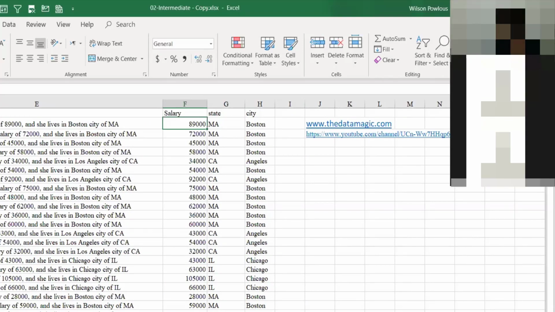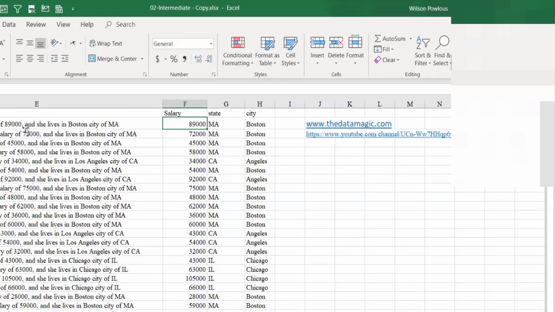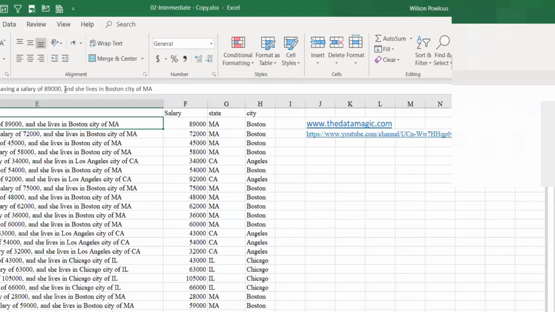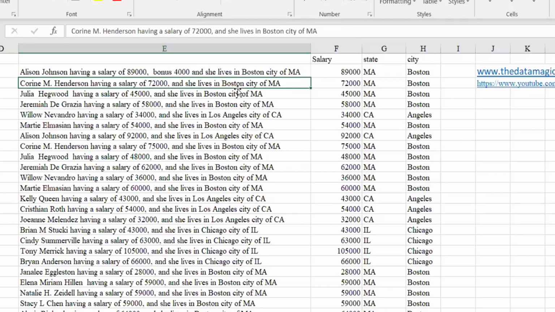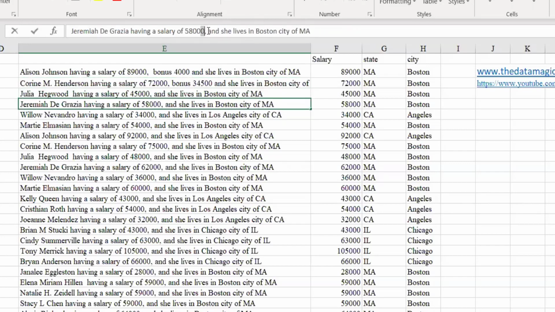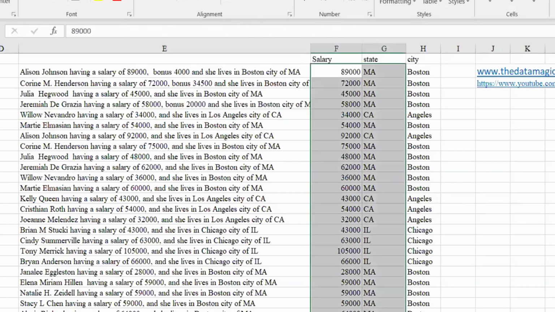We'll still have one question. It's a pretty obvious question: what if you have 2 numbers in a single line? Okay, I'll just put something like 89,000 bonus 40,000, something like that. That means here you have 2 numbers, right? 89,000 and 40,000. And similarly here also I'll say bonus, say 35, whatever. And you need to have a similar one here. So here also I'll put bonus, maybe say 20,000. So I'll remove this.